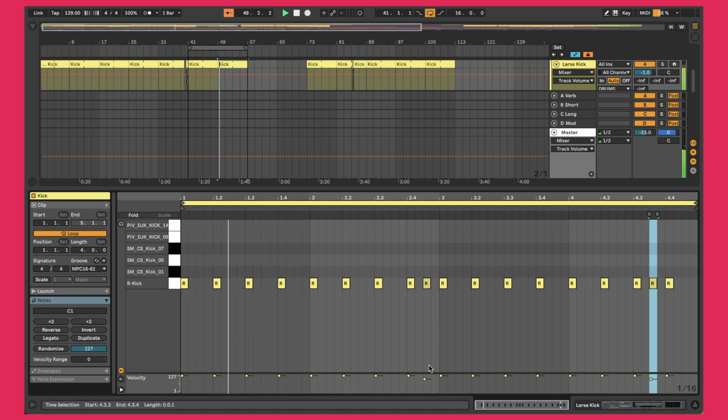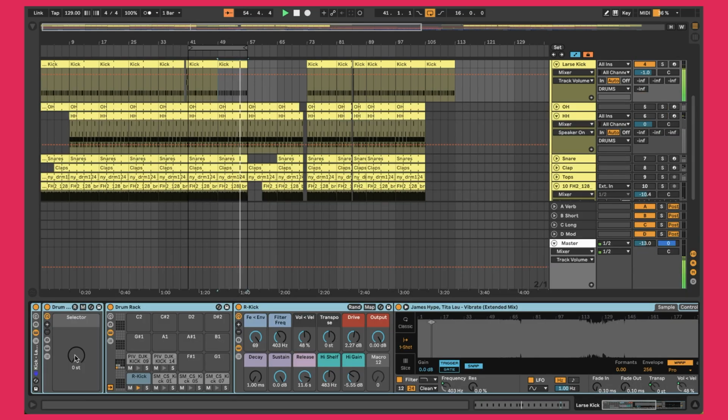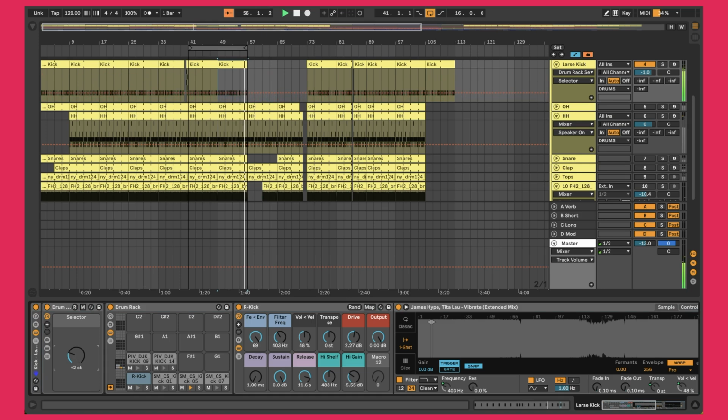Once I get the notes down, the next main thing is the sound selection. So the way that I went about this is there's a couple ways. One is I do have this rack with multiple different kick drum sounds in it, and I set it up so that there's this little selector so I can switch between them. The idea is you can switch back and forth between the track and yours